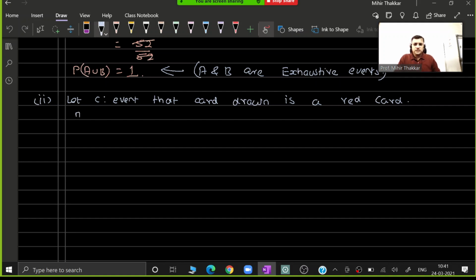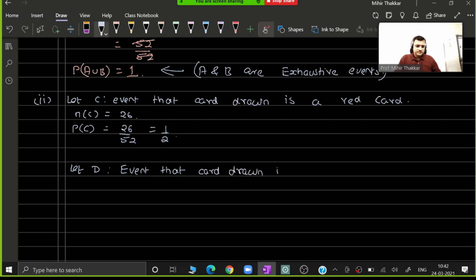N of C in this case is 26 and P of C is equal to 26 by 52, or it is a half, that we already know. Now event D is something different. Event D says that the event that the card drawn